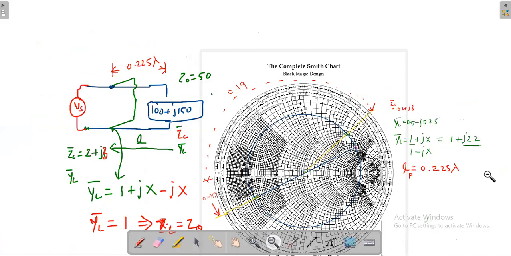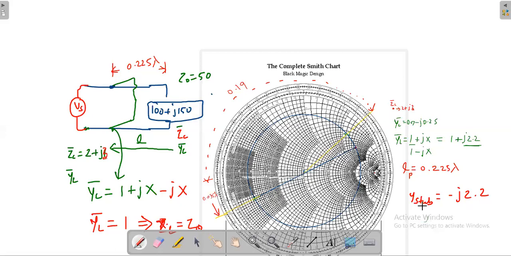Now my question is, see, already some admittance is there because you are in admittance domain. Okay, so now I have to introduce the short circuit stub such a way the admittance provided by that one is minus j 2.22. The admittance provided by that stub has to be minus j 2.22. Okay, then definitely we are using the short circuit stub. Once if admittance has to be minus j 2.22, then what is the length of the stub?